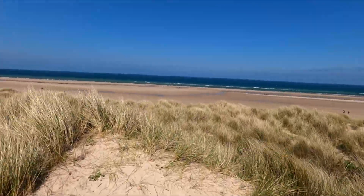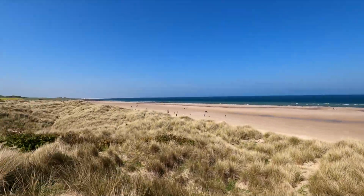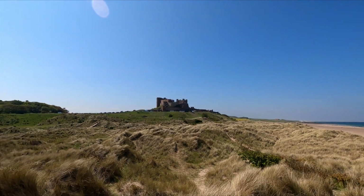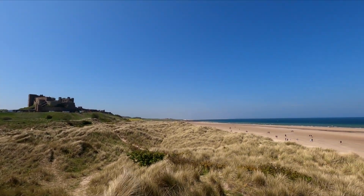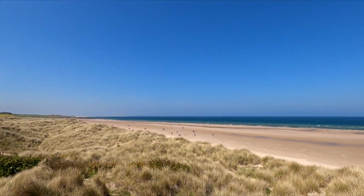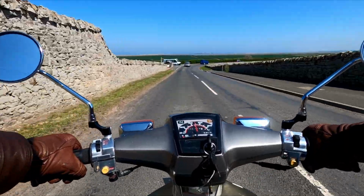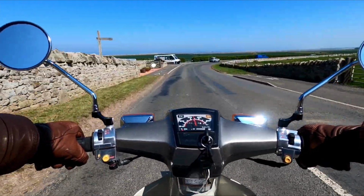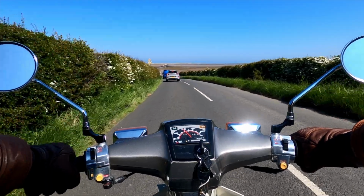Now, you don't get many beaches like this in England, and to be honest, most days will be too cold to do anything beach-like, especially in the north. But today was absolutely glorious. In this rare instance, I took a moment to take in the view, and then I got back on the road. Now, just a short 20-minute ride north from Bamburgh, we finally set our eyes on the majestic Isles of